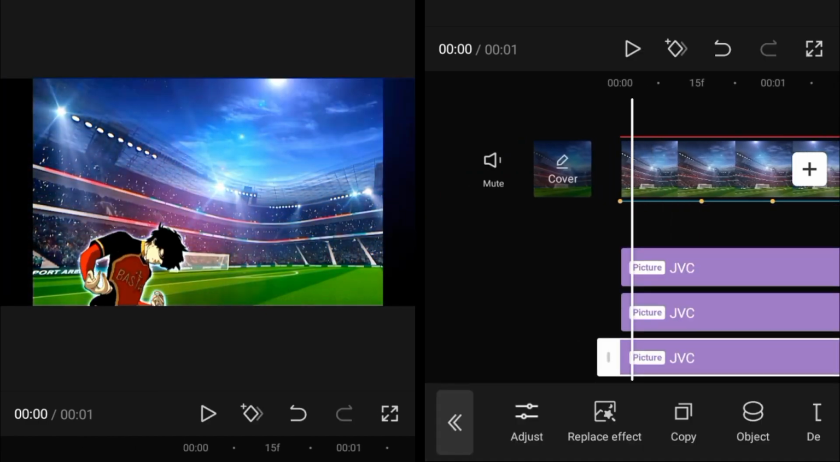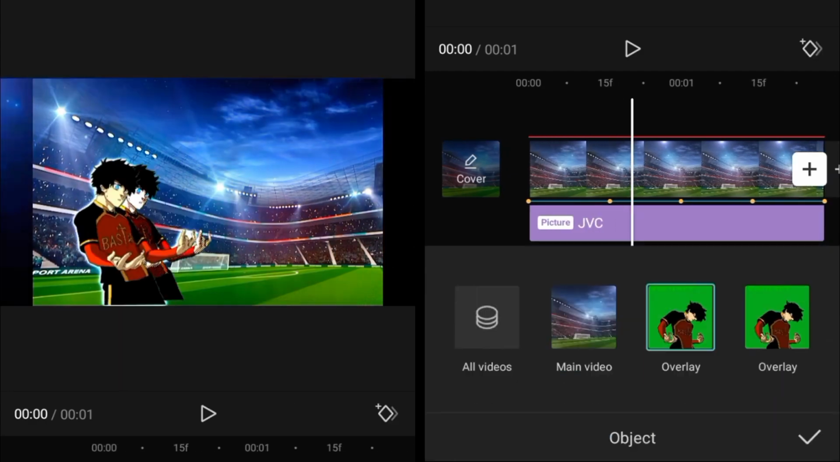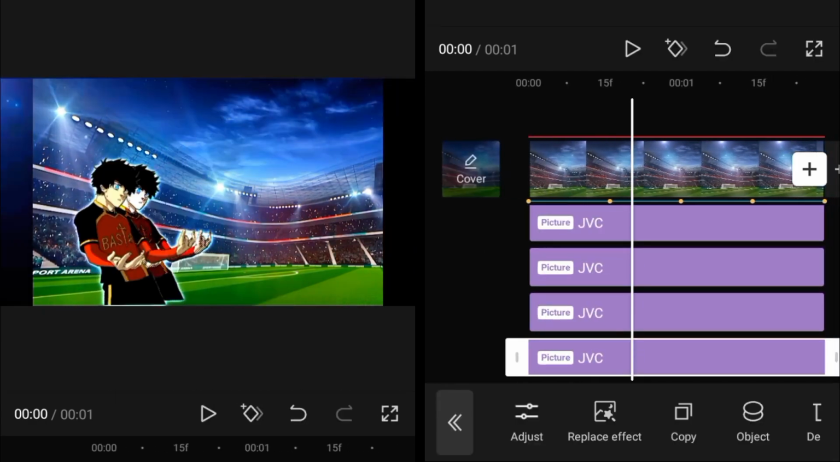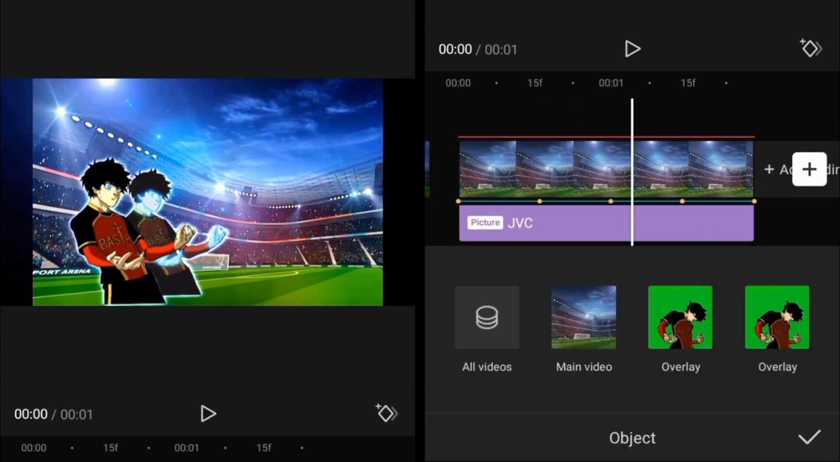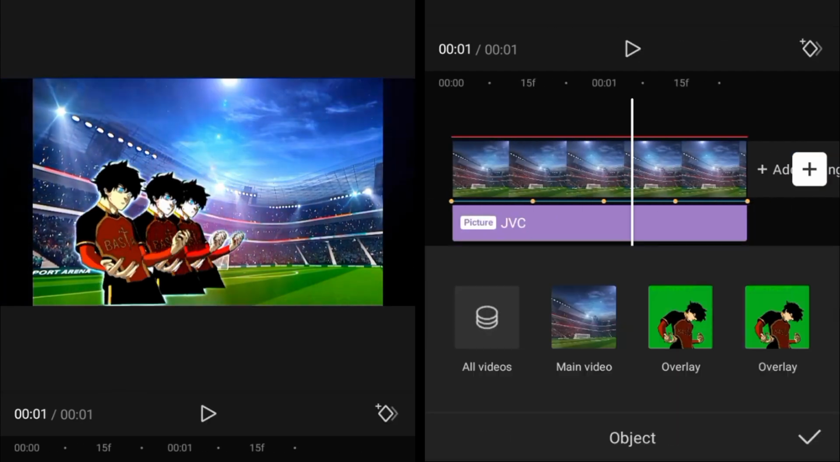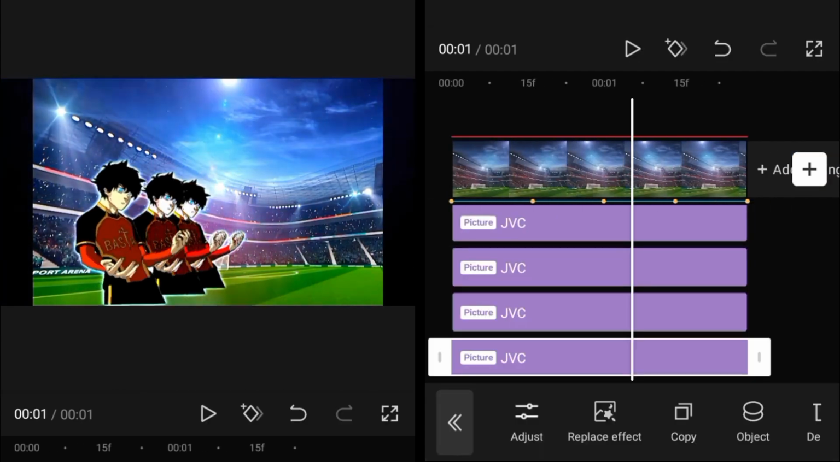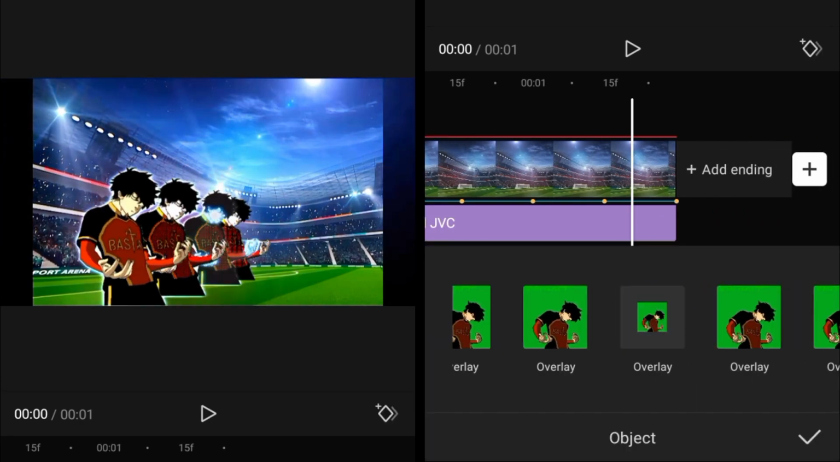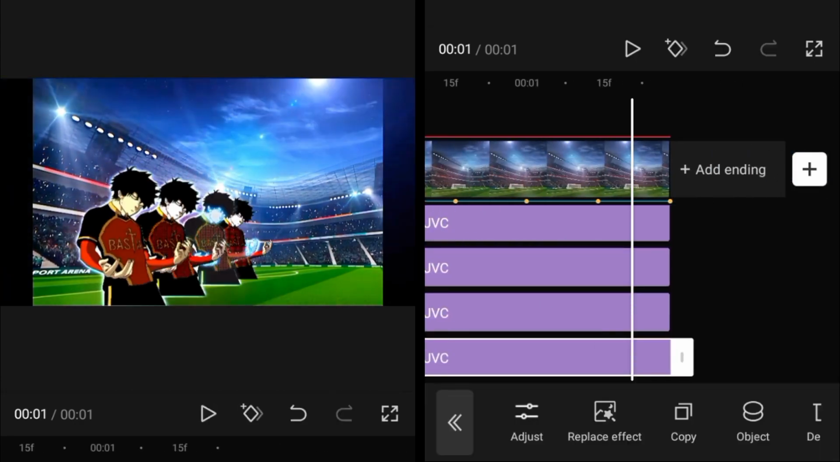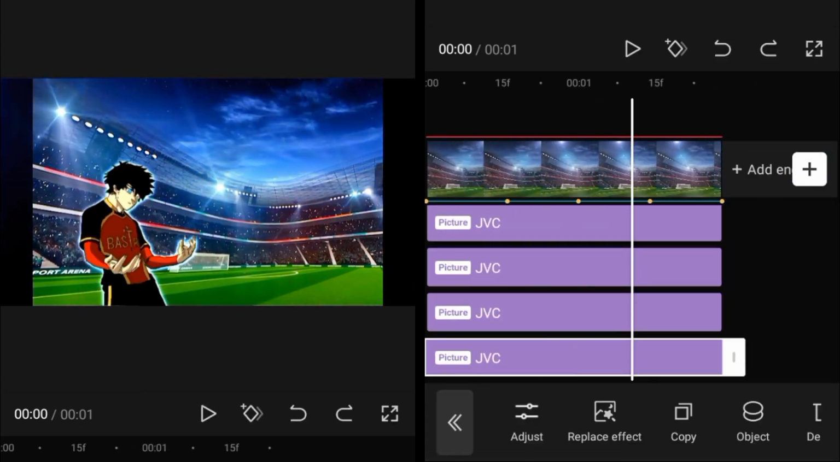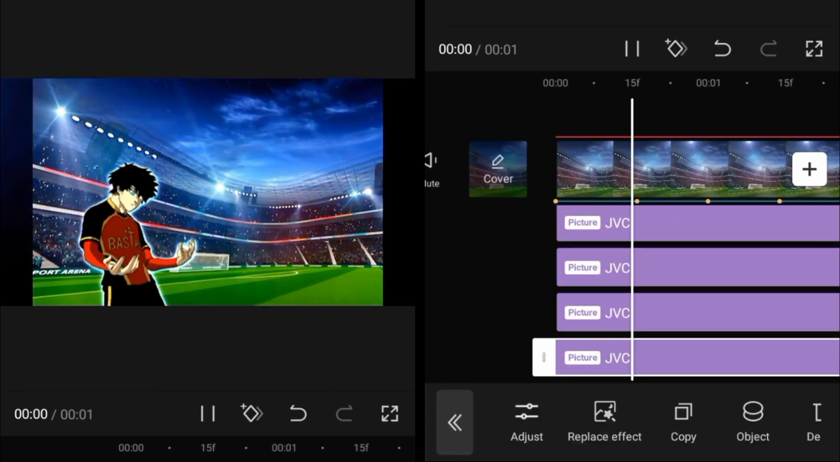overlay that we have in the behind and make 2 copies. So we have 3 JVCs on one single clip. Now make 1 more copy, change the object of this, make 2 copies of that. Now we have to make sure that we have 3 JVC effects on one overlay. Then after completing your